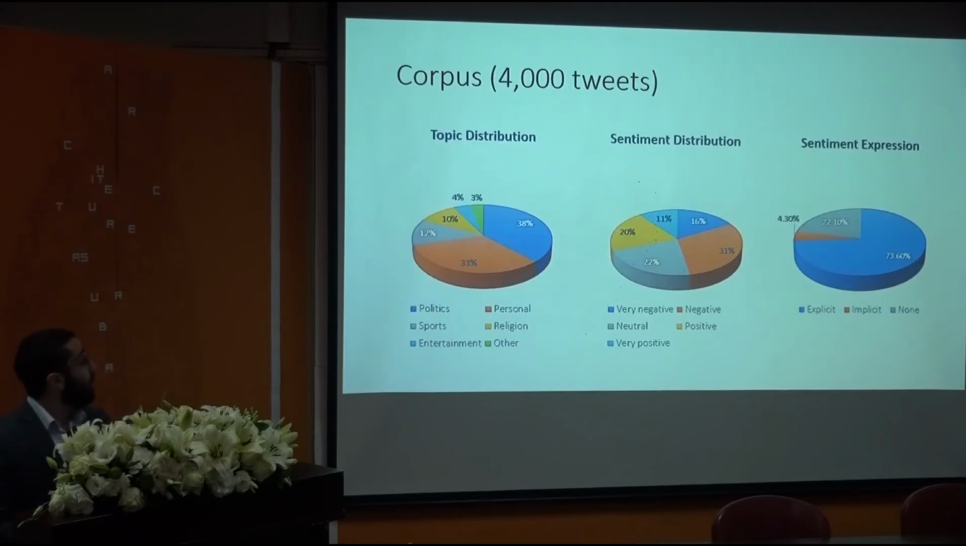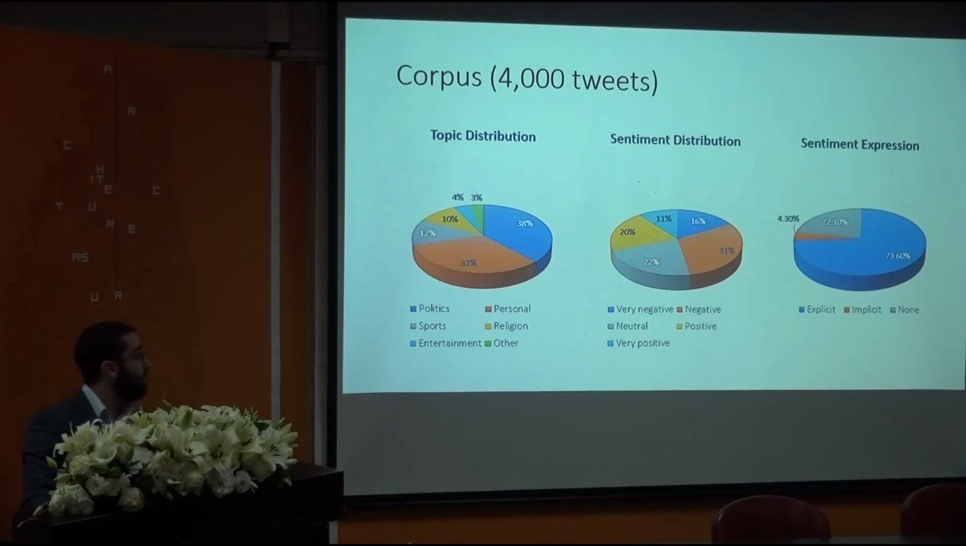Looking at the distribution of our corpus, you can see that 38% were political, 33% personal, 12% sports, 10% religious, and 4% other. The sentiment distribution was overall negative: 31% negative, 22% neutral, 20% positive, 16% very negative, and finally very positive, 11%, which shows the negative trend. And sentiment was expressed 73.6% of the time explicitly, 22.1% no sentiment was inferred, and 4.3%